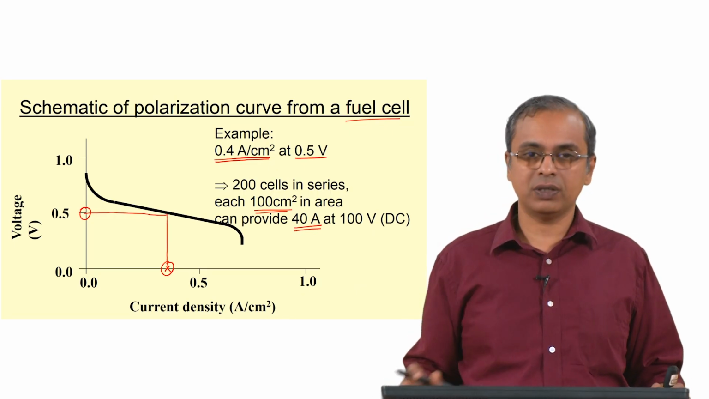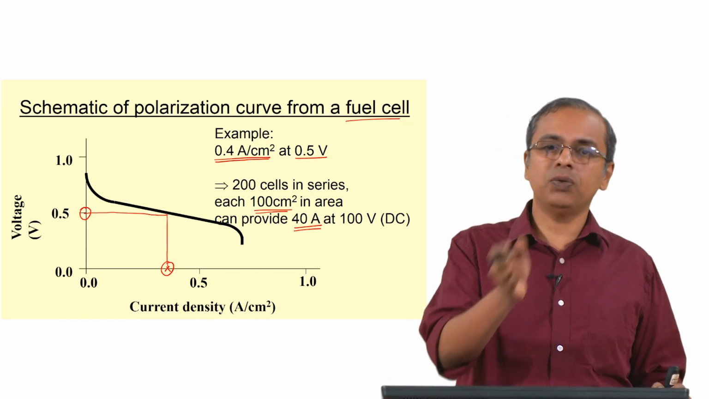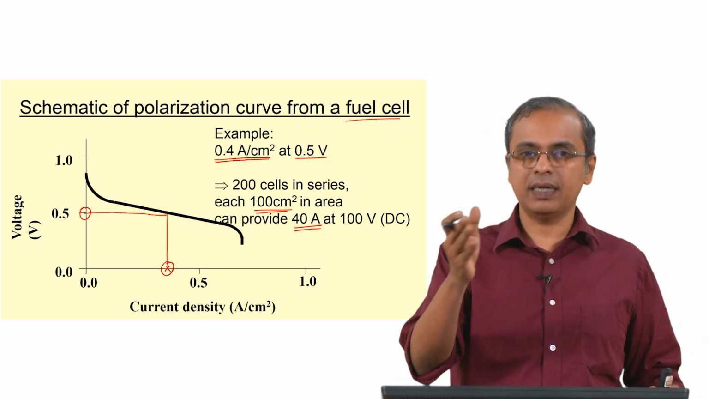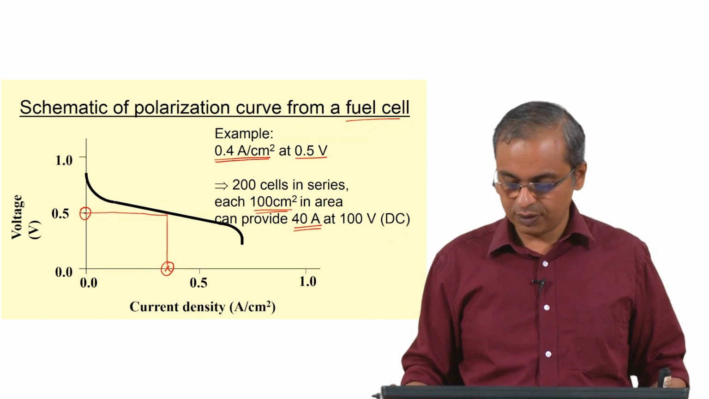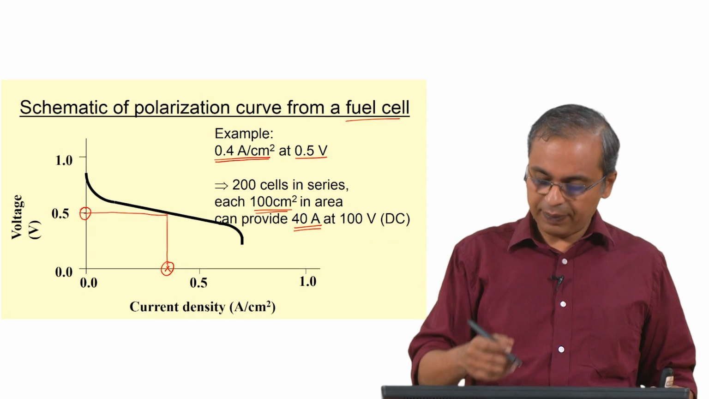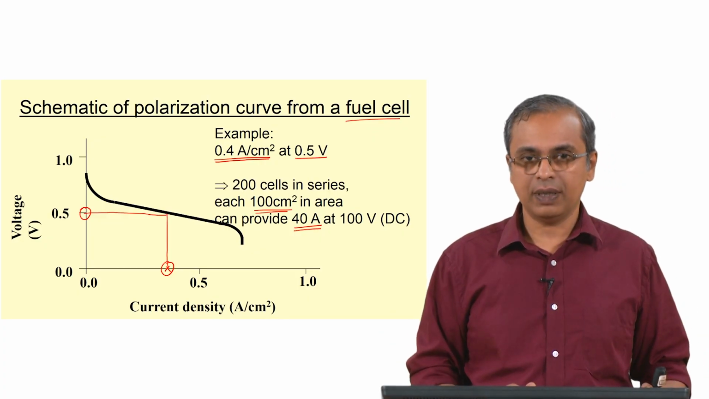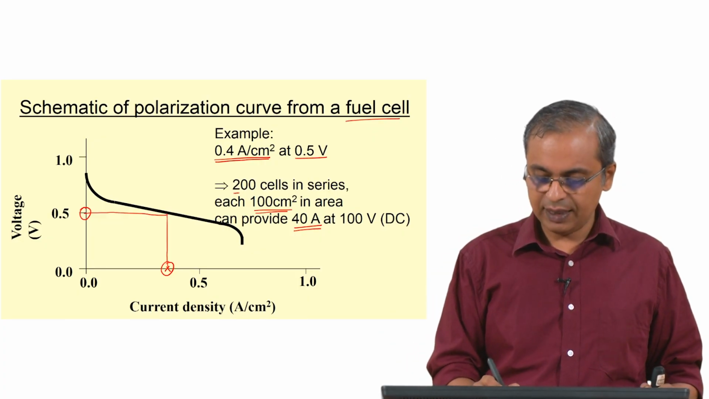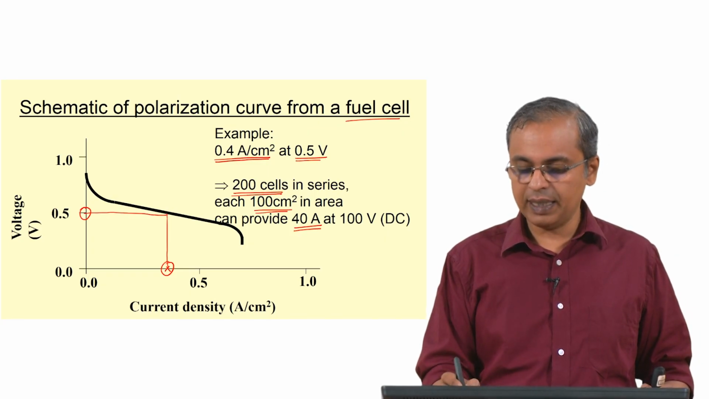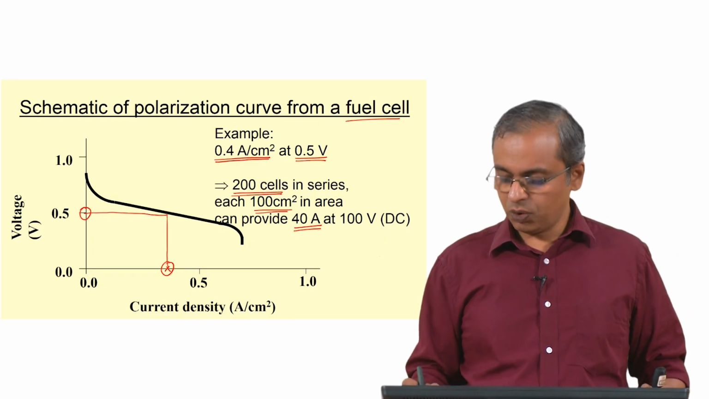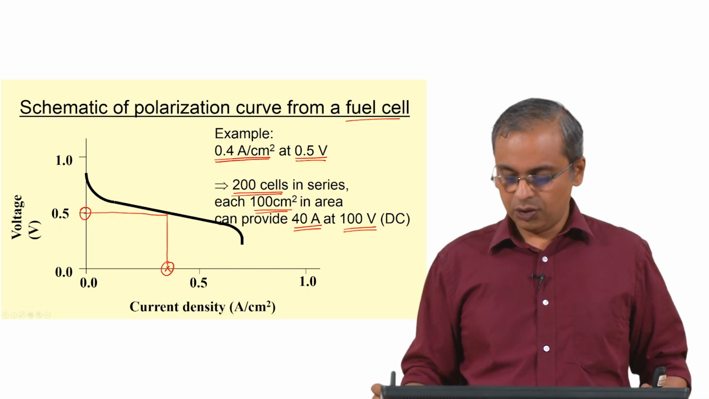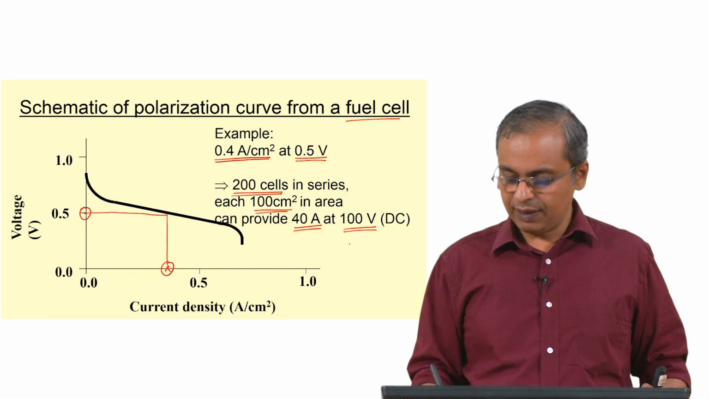So you know how many electrons are required, and then based on the chemistry you can decide how many moles of whatever reactant is being consumed, because each mole will generate some number of moles of electrons. So now we also said that I put together a battery where you have 200 cells in series, and each of them is operating at 0.5 volt. Therefore the total voltage of that unit is going to be 100 volts. So between 40 amps and 100 volts I have 4 kilowatts